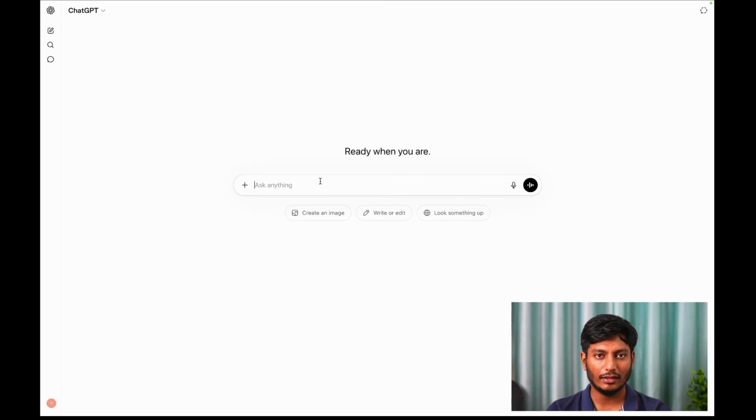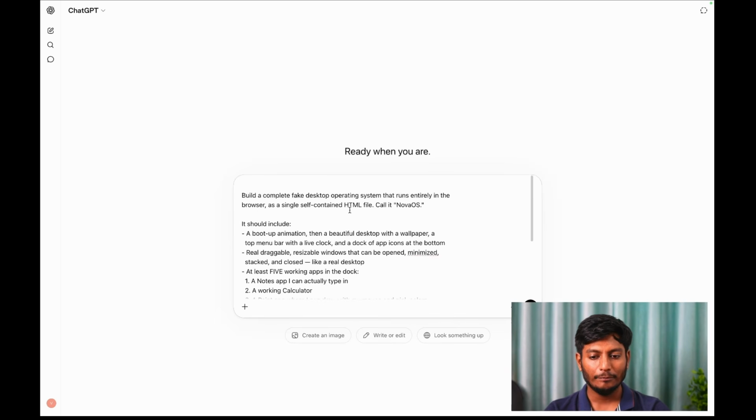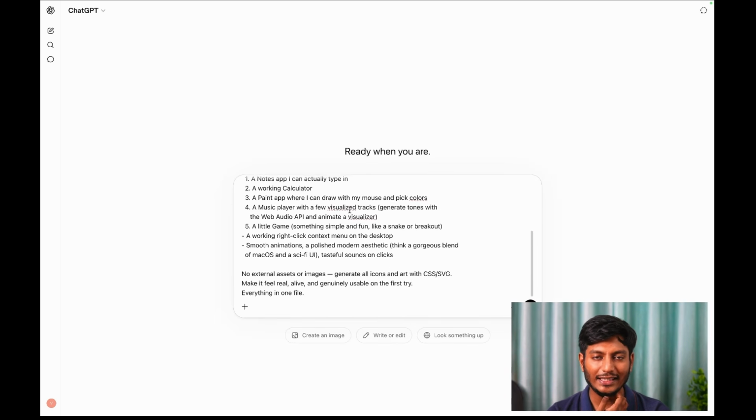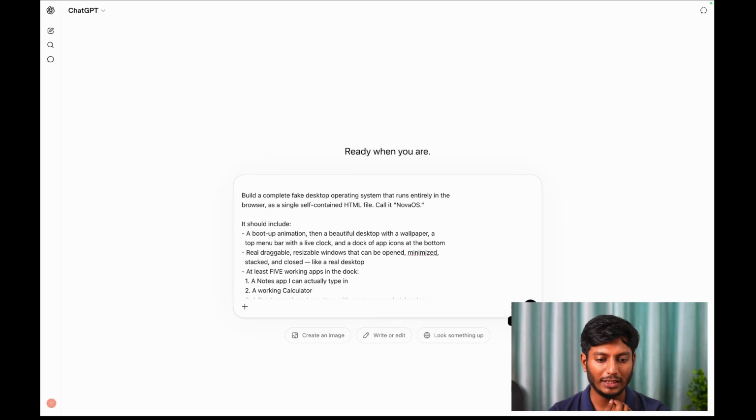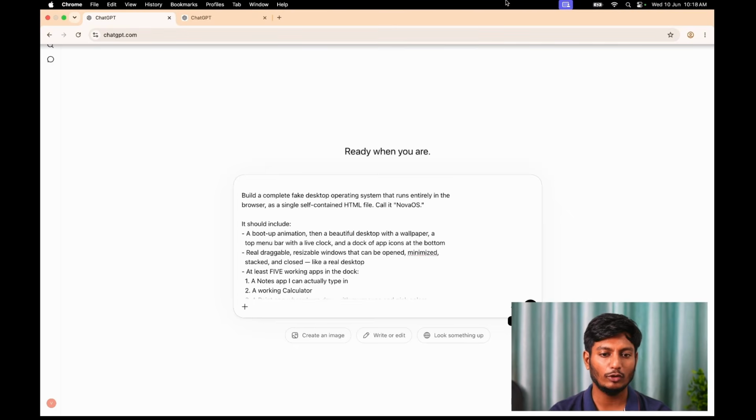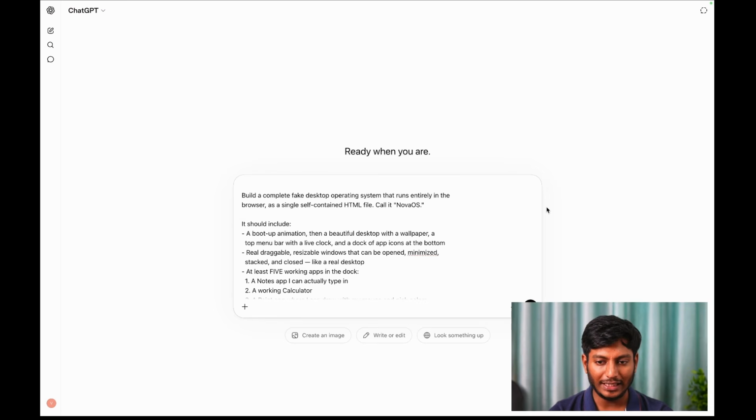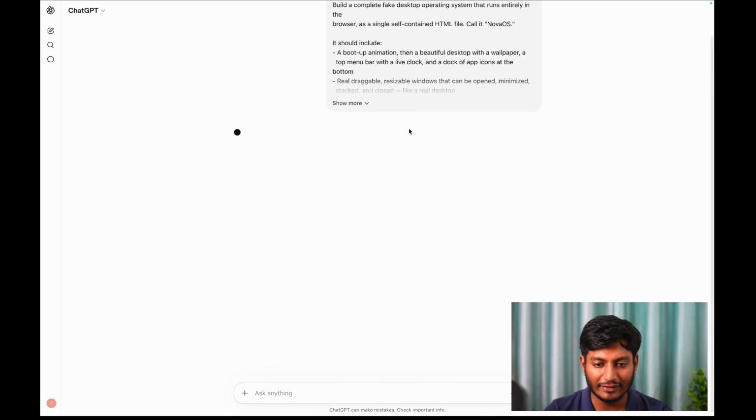So in this, you can see I'm in ChatGPT. I'm not using any Codex or Claude Code or anything like this. I want to keep it very simple because the goal is to visualize and deeply understand the difference between the models. So I have pasted this, and you can see that this is the same prompt that we copied from there, and I'm putting it here. And before that, I want to tell you the time. You can see this is 10:19 a.m. So now let's see how much time it will take. We have given the prompt